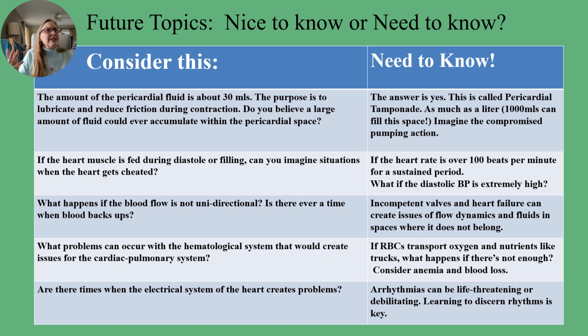If the heart muscle is fed during diastole or filling, can you imagine any situations when your heart is being cheated? In the event that heart rate is going 190 a minute, what do you think that's doing to the feeding of the heart and the filling? Are you having enough time to fill? When normal heart rate is what? 60 to 100 beats per minute. And what about